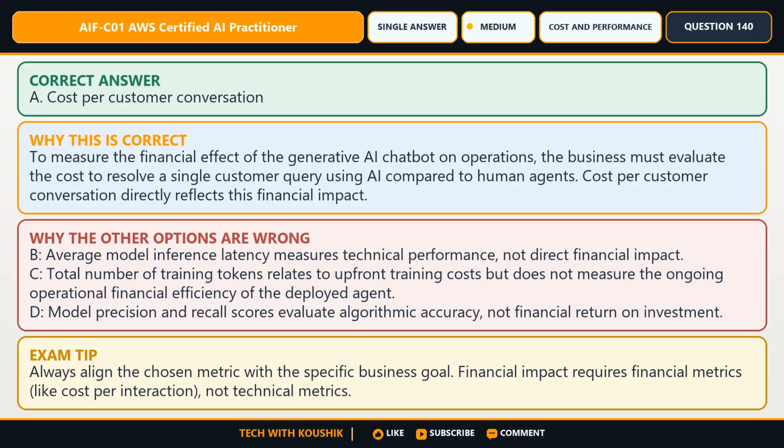The business must evaluate the cost to resolve a single customer query using AI compared to human agents. Cost per customer conversation directly reflects this financial impact. The remaining options fail one or more requirements because B. Average model inference latency measures technical performance, not direct financial impact. C. Total number of training tokens relates to upfront training costs but does not measure the ongoing operational financial efficiency